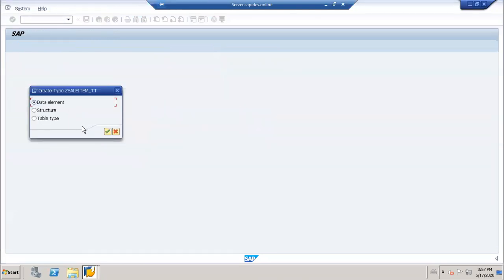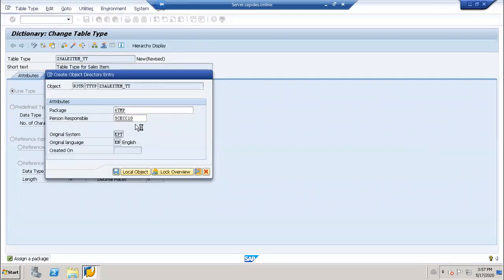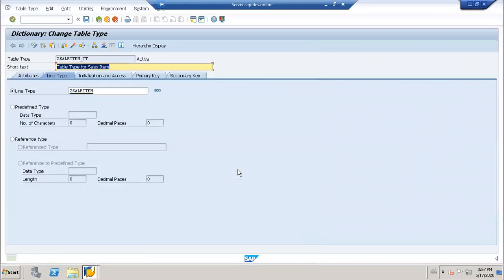Now this time I will choose table type, and here I will give a table type for sales item. Here just activate them. Now I have created the table type.